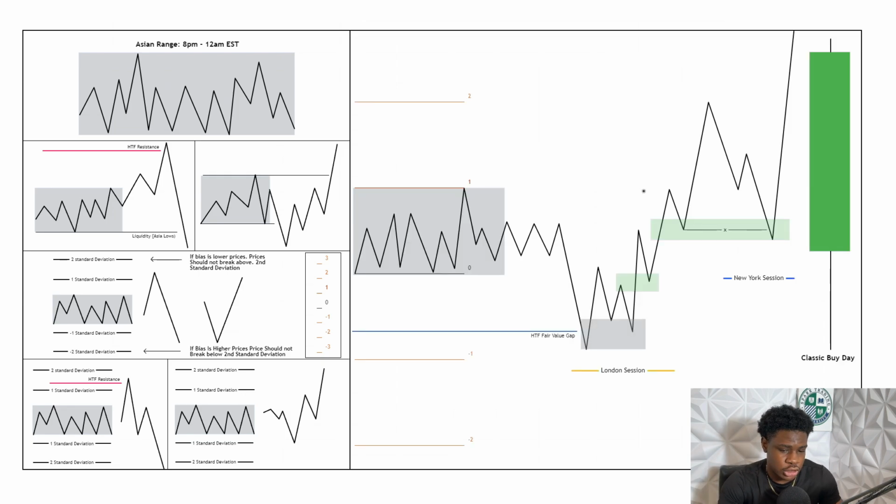So now piecing it all together, we have two depictions here, one for the London session and one for the New York session. So we have the Asia range here between 8 p.m. to 12 a.m. EST. We anchored our Fibonacci from the low to the high of the Asia range, and we got our 1 and 2 standard deviation and -1, -2 standard deviation below us. So during the London session, we see this drop lower into this -1 standard deviation, which is also in alignment with this higher time frame fair value gap level, and then we get this lower time frame break of structure